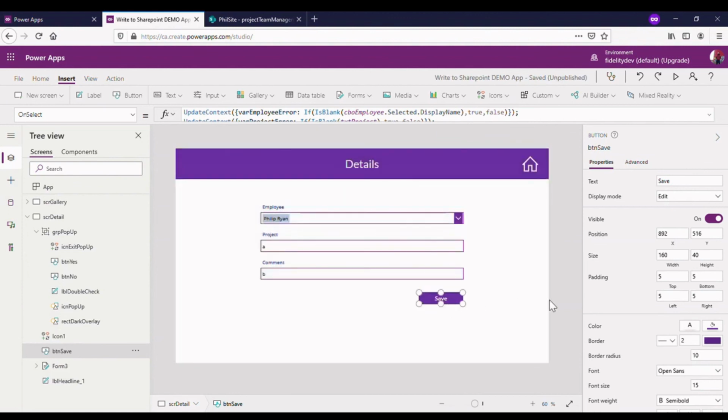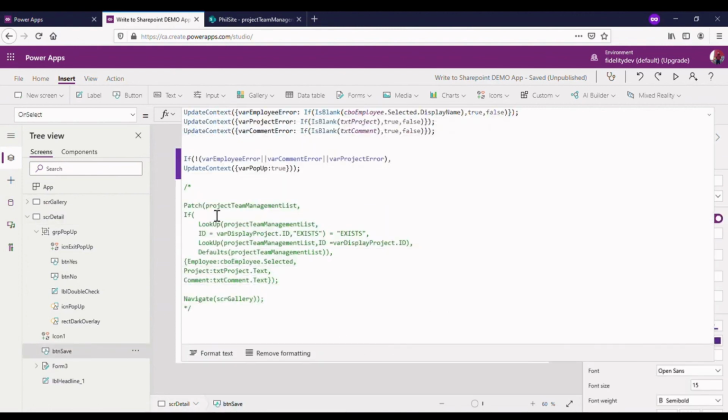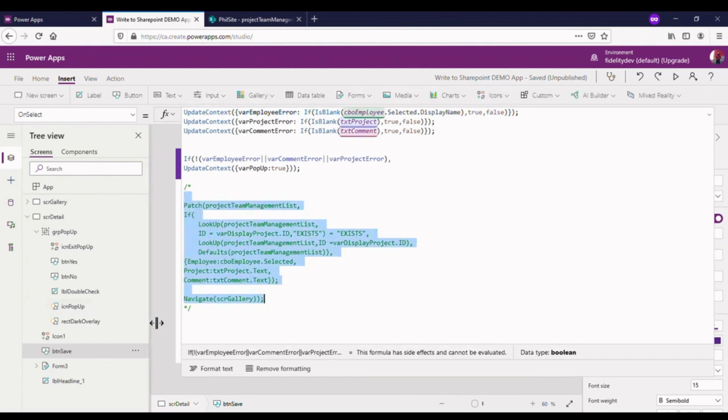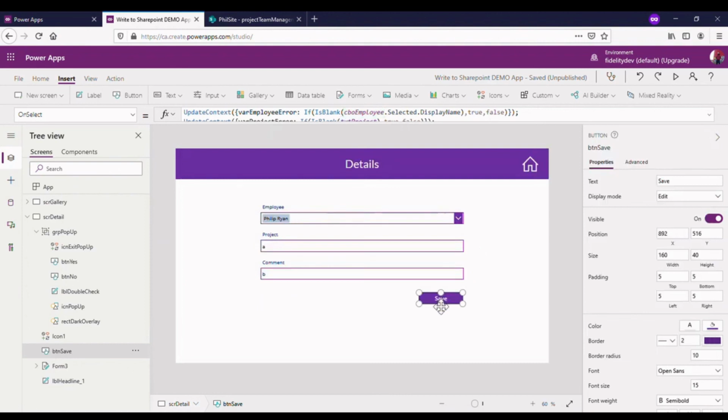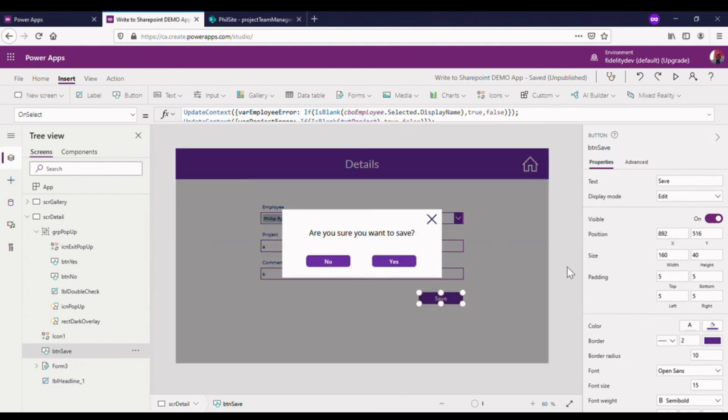So at the start of our video here on our save button, we commented out our patch statement. So it's time to grab that. I'm going to copy that out of there. I'm going to leave it there as well in case anything comes up that we need it, but I'm going to copy it out of there. I'm going to click my save button to bring up this little screen here. And on my yes button,